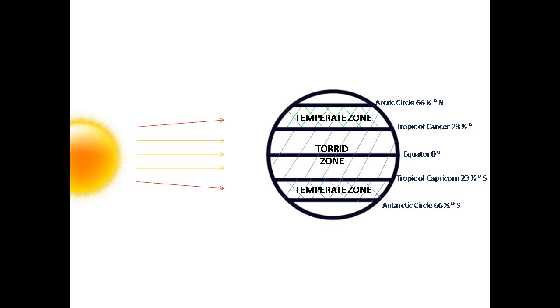Sun rays are in a slanting position above the Tropic of Cancer and below the Tropic of Capricorn, and the midday sun never falls overhead on any of these latitudes, and the climate is moderate here, therefore it's said to be the temperate zone. As we move farther and farther, the rays of the sun are more inclined. The areas between the Arctic Circle and the North Pole and the Antarctic Circle and the South Pole receive less heat, thus they are very cold. This region is called the frigid zone.